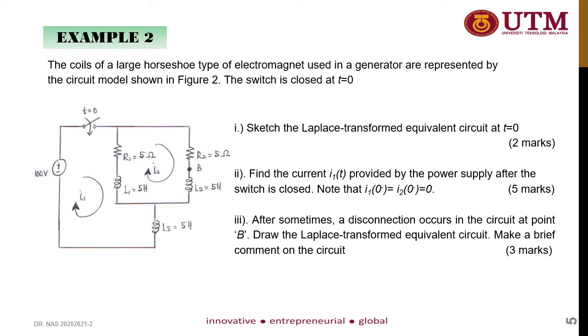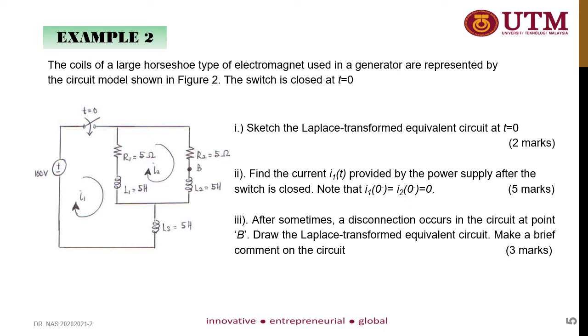Okay, let's look at the second example. Given the coils of large horseshoe type of electromagnet used in a generator are represented by the circuit model shown in figure 2, and the switch is closed at t equal to 0. So you need to sketch the Laplace transform equivalent circuit at t equal to 0, meaning that when t is